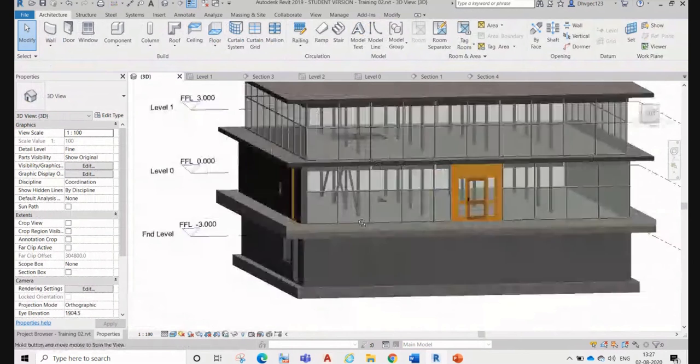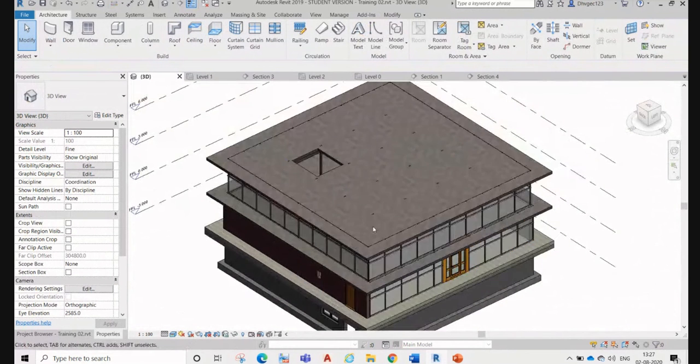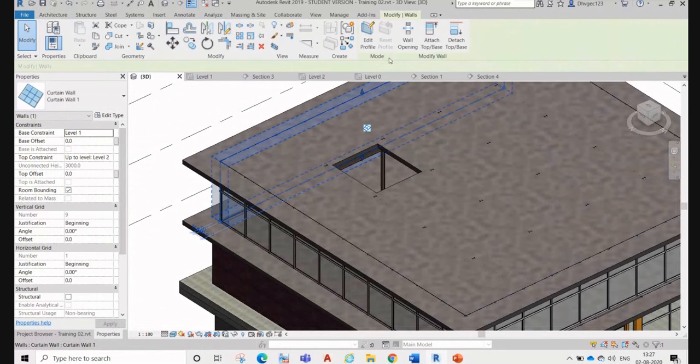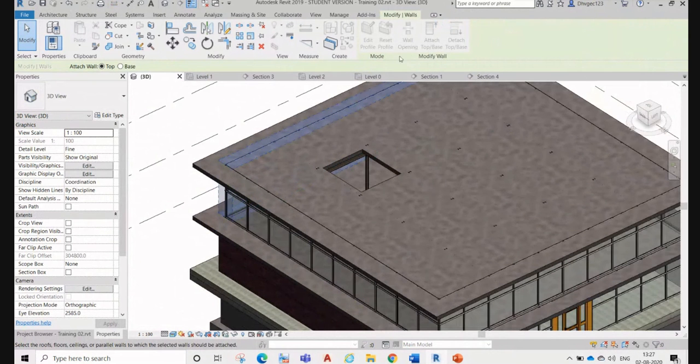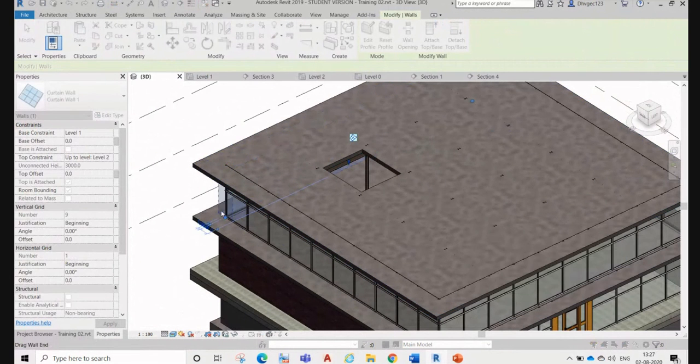Right, now we talk about ceilings. This is my curtain wall, so it should stop below. Just select the slab. Okay, delete element.